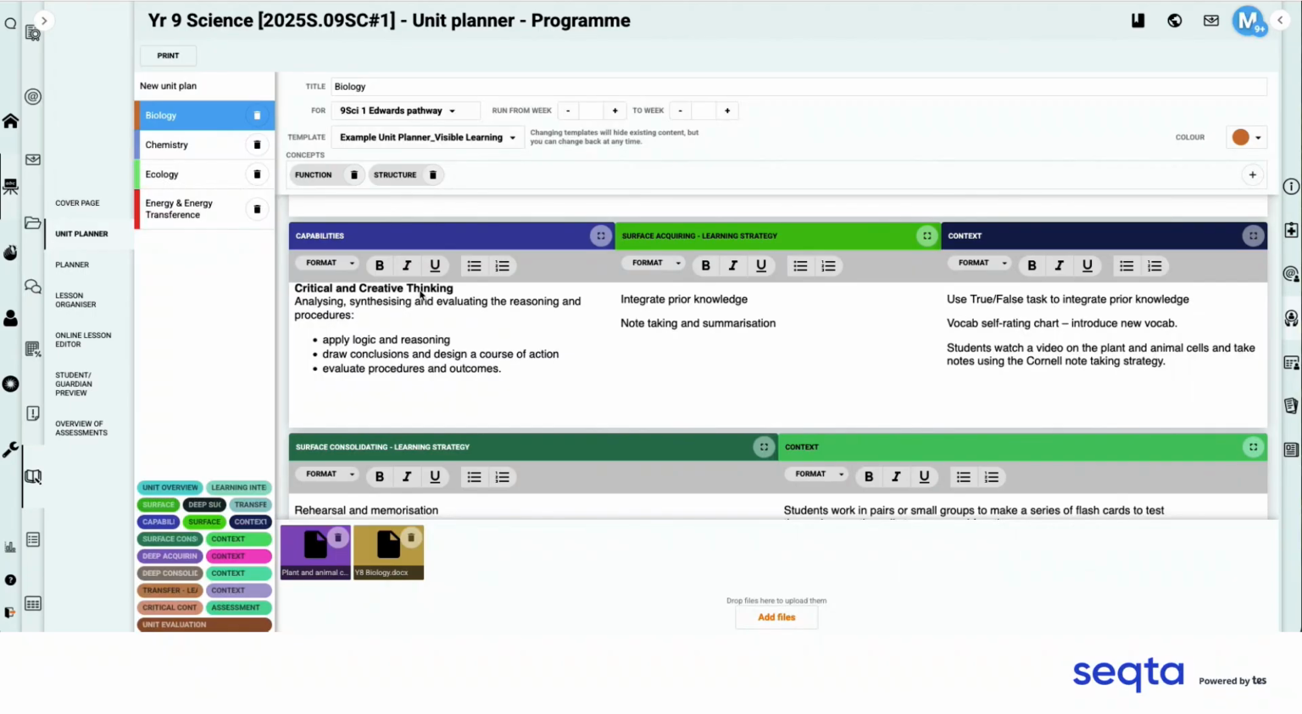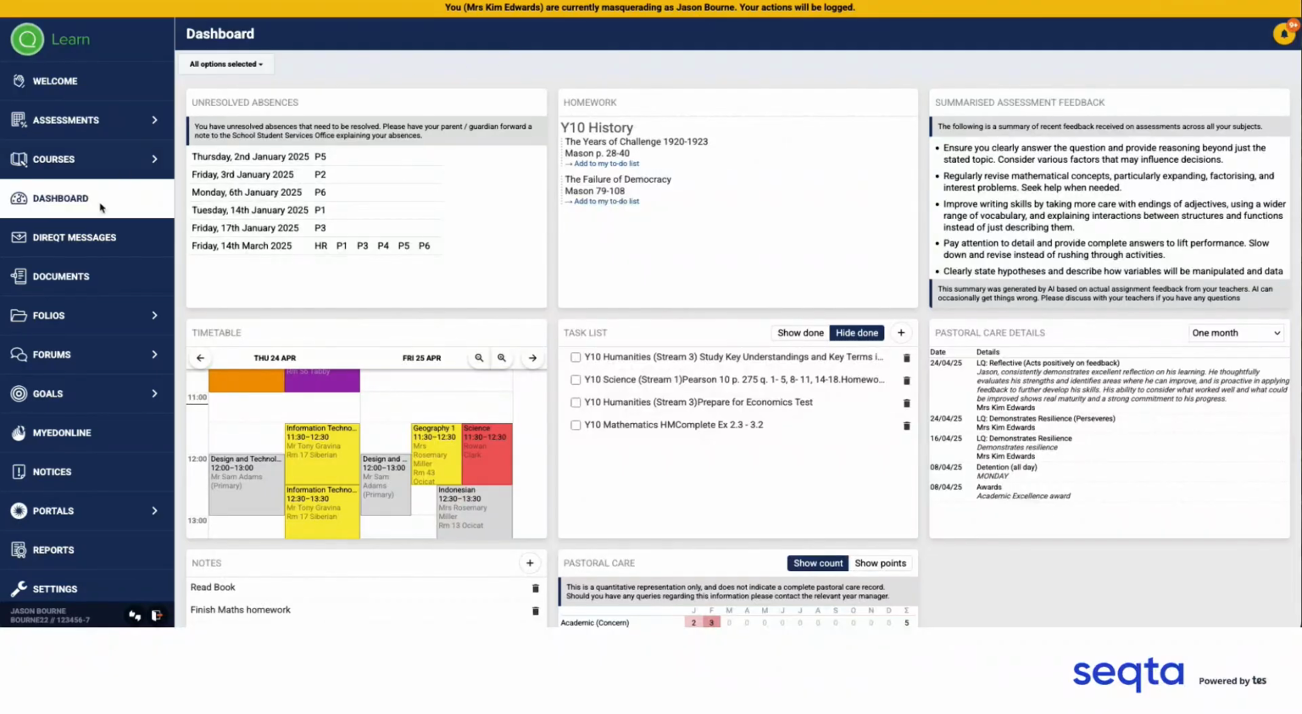They're going to be drawing conclusions and evaluating the investigations because they're actually going to conduct an investigation in this unit. What a wonderful way to develop these capabilities in this particular unit. So then if I now come into Jason Bourne's SEQTA Learn site, the other area I have here is this